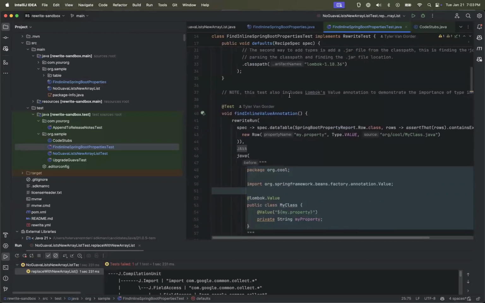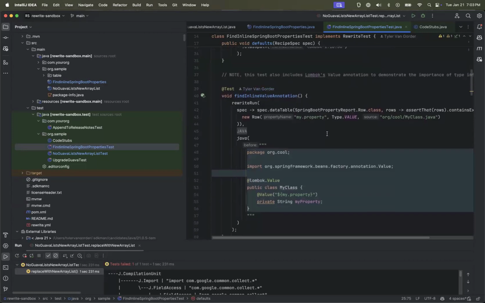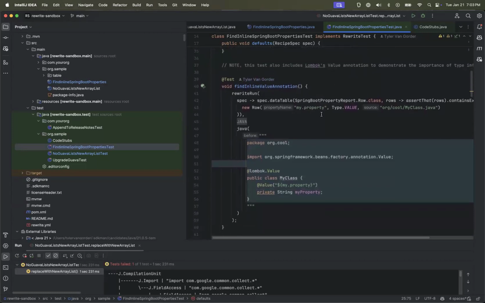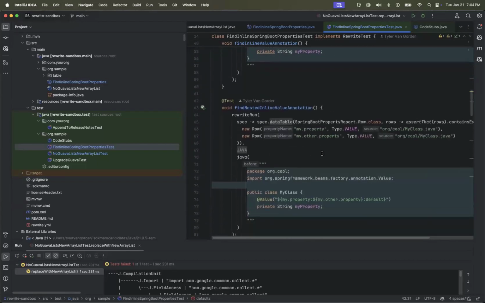I just want to touch this real quick. So what we're basically doing here is you can see that there's this thing called a data table. A data table is basically a thing that sits at the visitor level, and it's like an accumulator. So as you visit a tree, your accumulator is always there. So you can take that and insert rows as you encounter things, as you visit elements in your tree. So knowing that I'm looking for two very specific